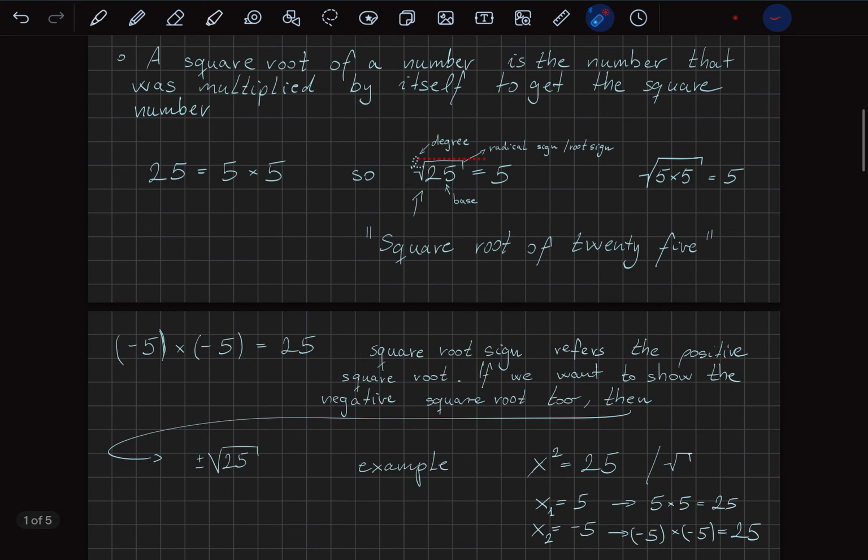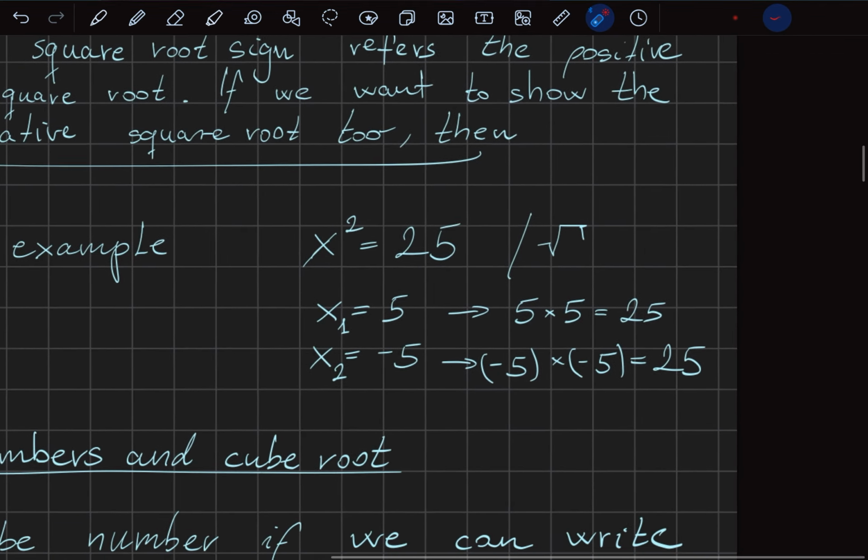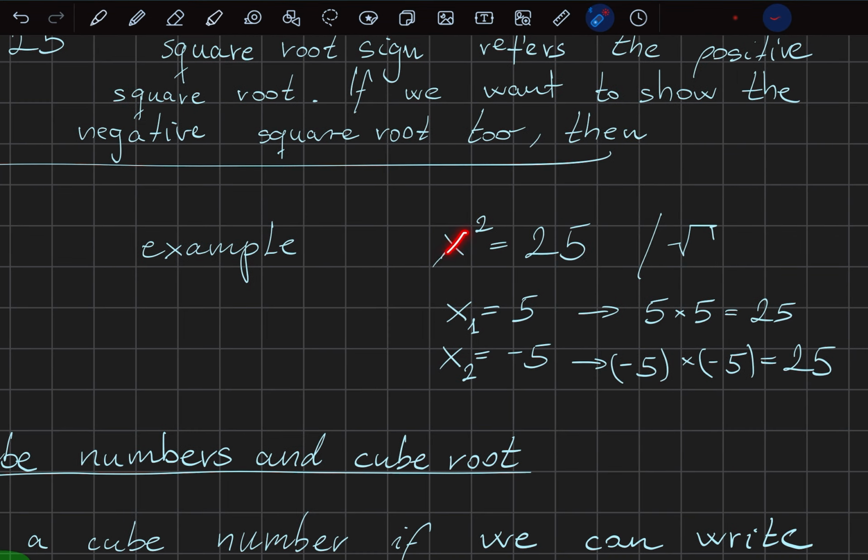Normally if you write something in your calculator, it will give you the positive square root. But don't forget there is a negative square root too, and here is the best example. I will zoom in. x to the power 2 equals 25. This is an equation,